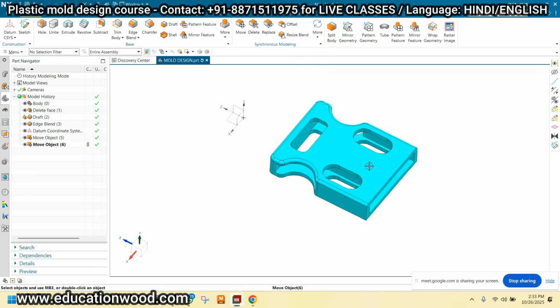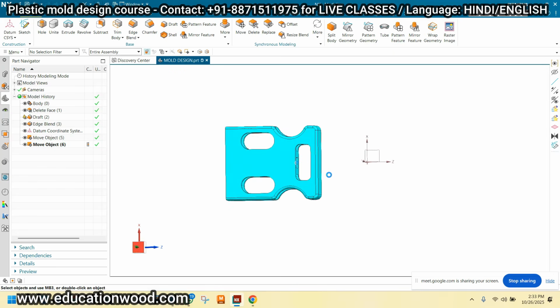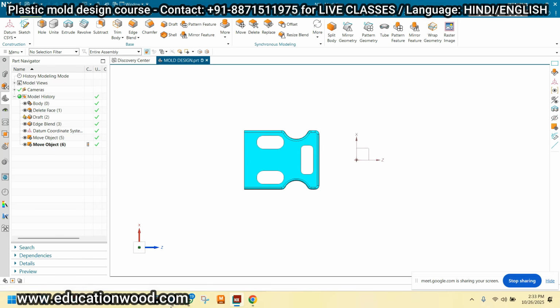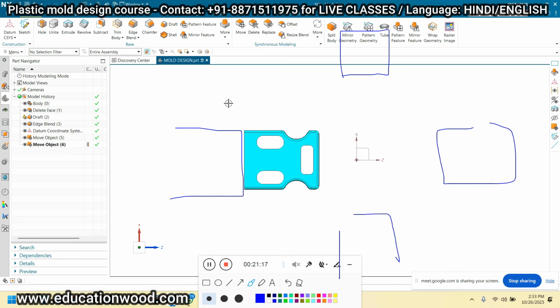Now see. If this is the single undercut, then there is one slider here, another slider here, another slider here, and another slider here. So basically it will be a four slider or multi slider mold. A single slider is required for a single component.